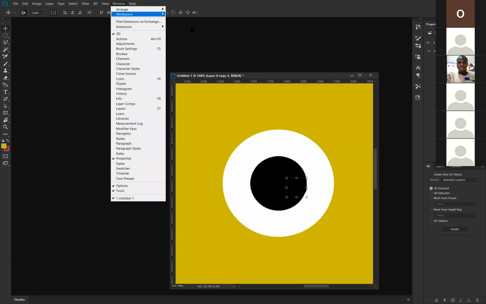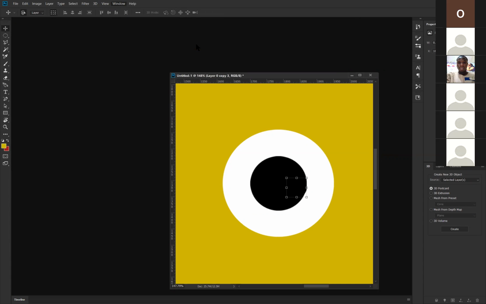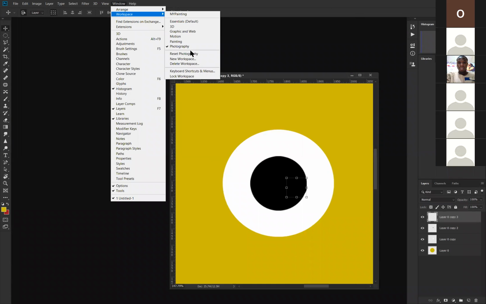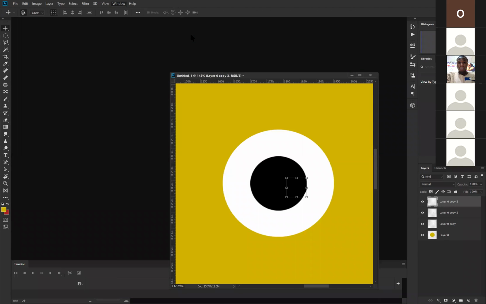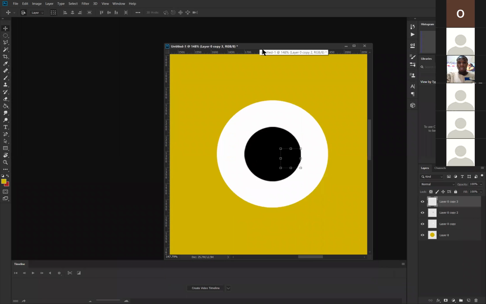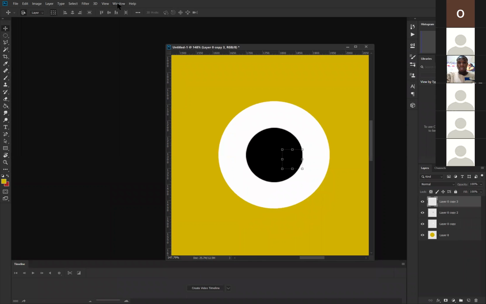If you come here and you choose photography, it changes. If you come here and say you're into motion graphics, it brings up options for your frame by frame animation for your GIF and whatnot. But yeah,